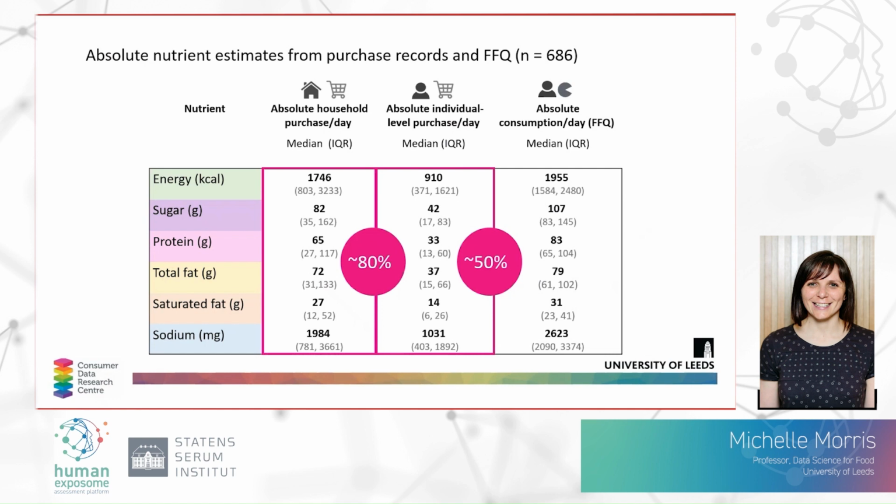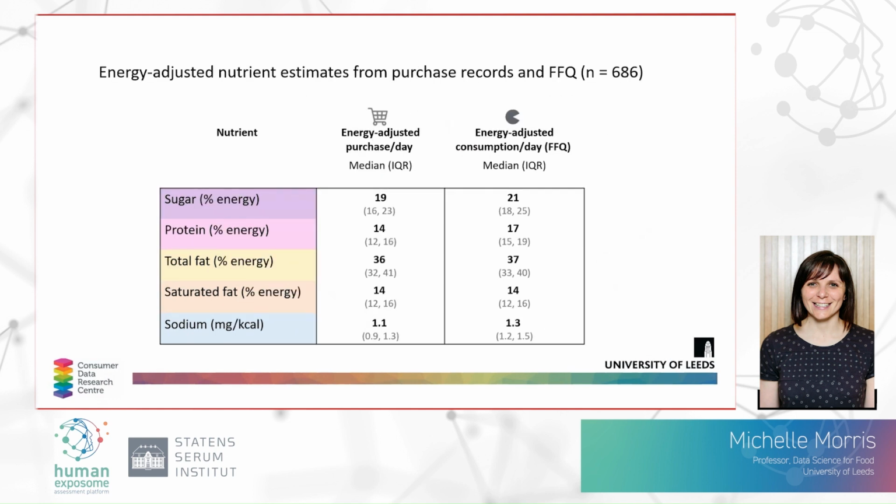And we all know the limitations with food frequency questionnaires as well, but I thought this was really interesting. However, when you look at that as energy adjusted nutrient estimates, so the dietary composition, which might be more akin with dietary patterns work, we actually see that they agree really well. So this is the percentage energy from each of the different macronutrients. It is kind of agreed about 90% of what we see. And for some foods, the total fat, saturated fat, those are really good agreement. So in the paper, we present Bland-Altman measures of agreement, but in the interest of time today, I've just